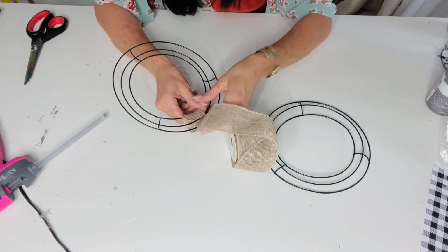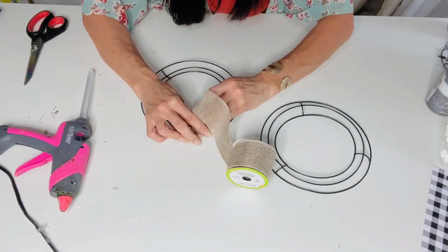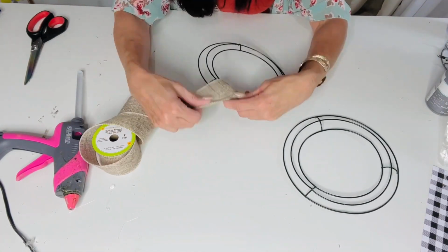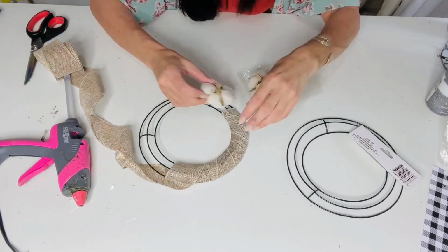For this next Dollar Tree DIY, I'm going to use one of these mini wreath forms and just some hot glue and this Dollar Tree kind of burlap wired ribbon. And I am just going to use the burlap wired ribbon and wrap it around this tiny little mini wreath frame. I've had these on hand and I actually want to save them once I get done using this craft